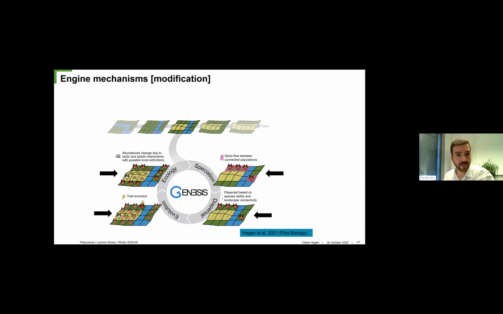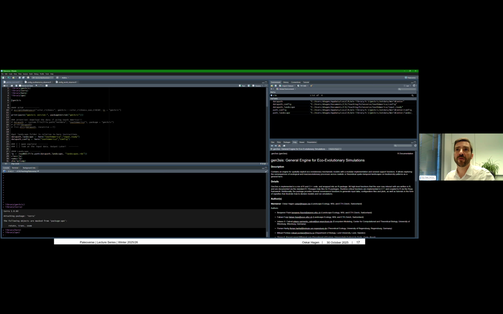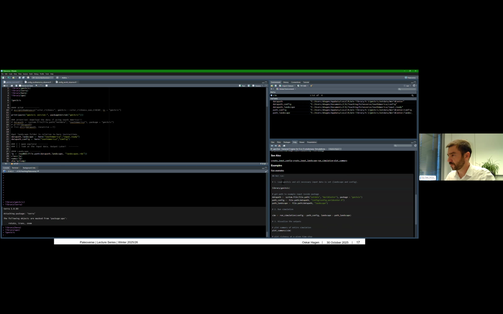So let's make this a little bit more concrete. I already installed gen3sis, which is on CRAN, but here I will just run some libraries. This is the library of gen3sis. Then we have terra, the here package, just to help me with the links. And here I'm loading ape to work with some phylogenies. So first thing, I'm just putting a question mark on gen3sis. You'll see here's the